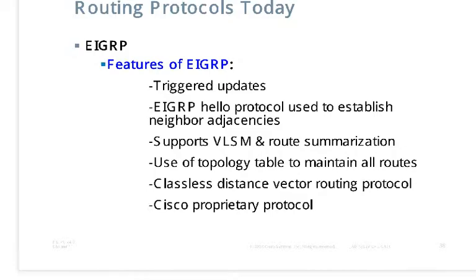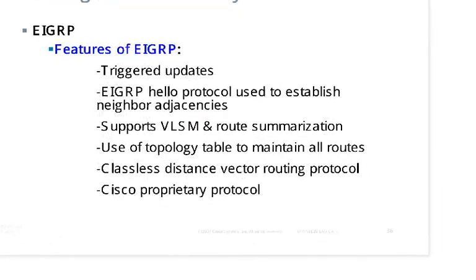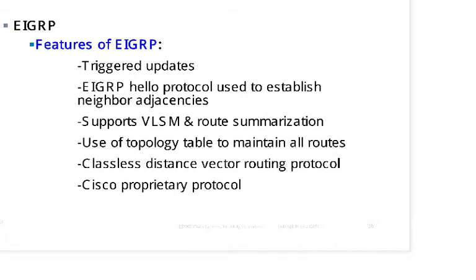EIGRP uses triggered updates. As we said, triggered updates means that only if there is a network change, we form a route update and we send it in a broadcast fashion. Actually, not in a broadcast fashion, because it's partial and it's bounded. Because EIGRP uses triggered updates, EIGRP also uses what we call a hello protocol to establish neighbor adjacencies. What does that mean? This means that